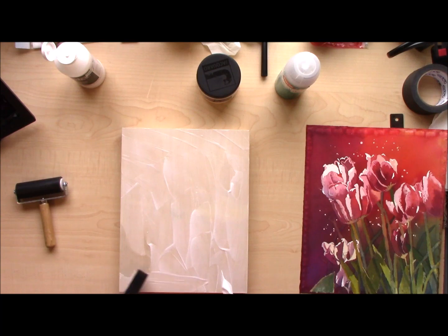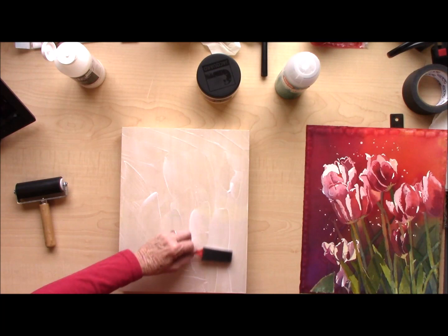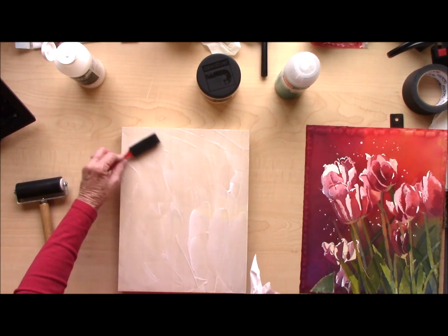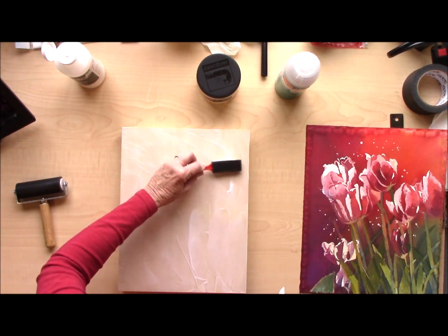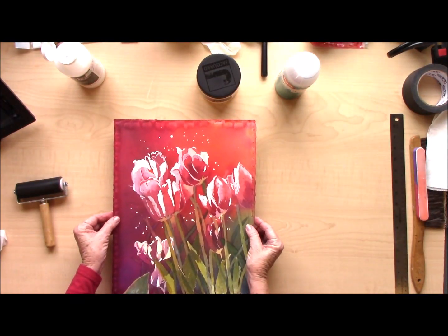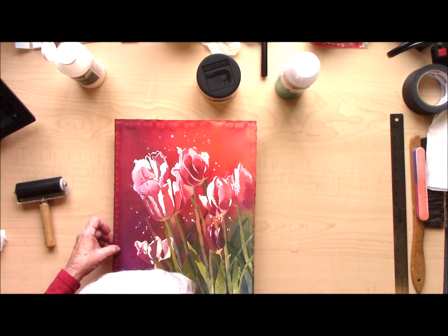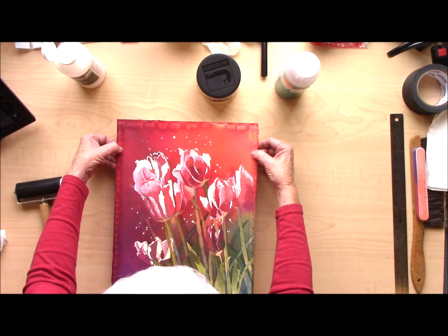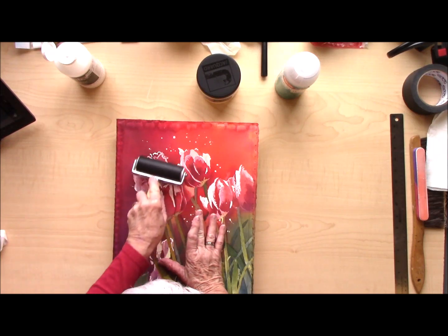So you can see this is not difficult. I just want to make sure that I've got it covered evenly all over. And now I'll take this and put it on this. Line it up to where my lines are here so I know I've got it on here evenly. And straight. And then I'll take this